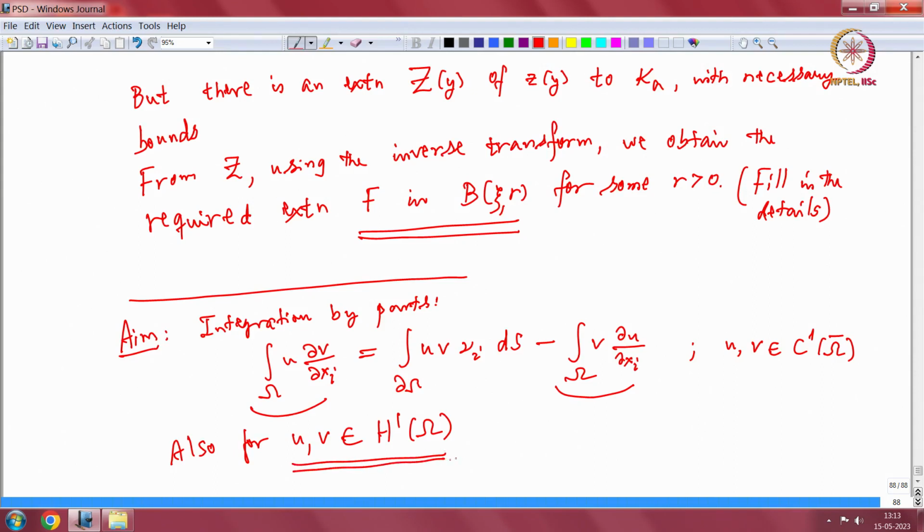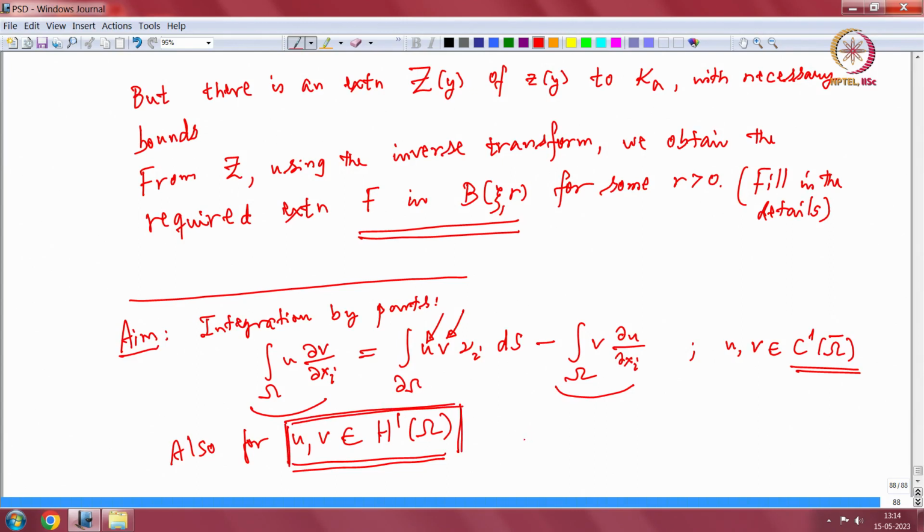Okay. So, for that we first obtain the density result that C^1 of omega bar is dense in H^1 omega. So then we can approximate u and v by a sequence of smooth functions. So this density result is just a corollary of this extension result. Okay, so now it's not a big problem. So density result is immediately obtained. The only trouble is we have to give meaning to this u v on the boundary for u, v in H^1 omega,